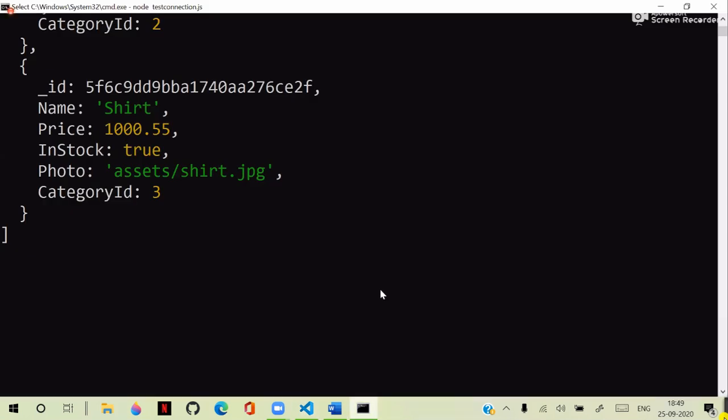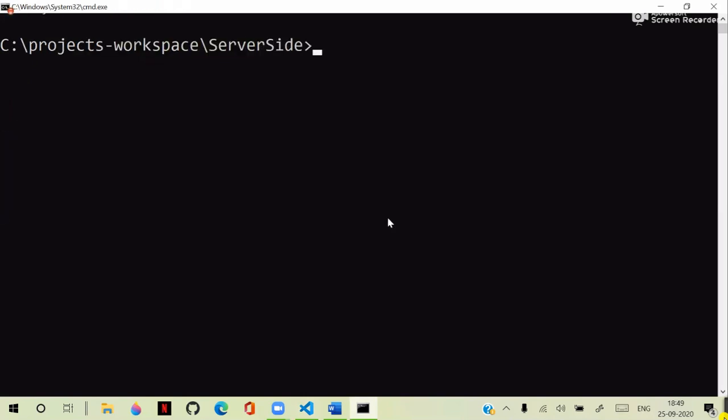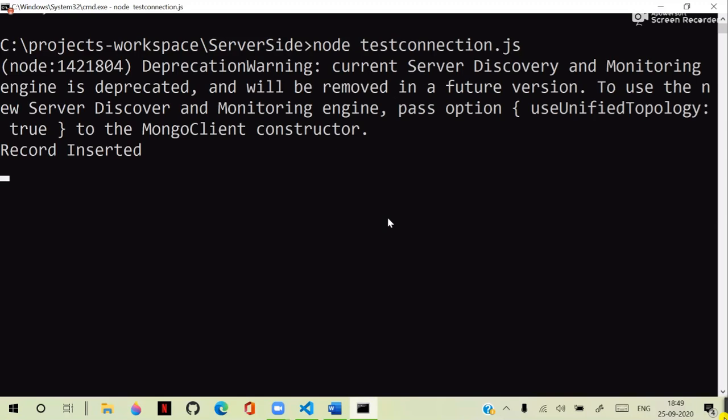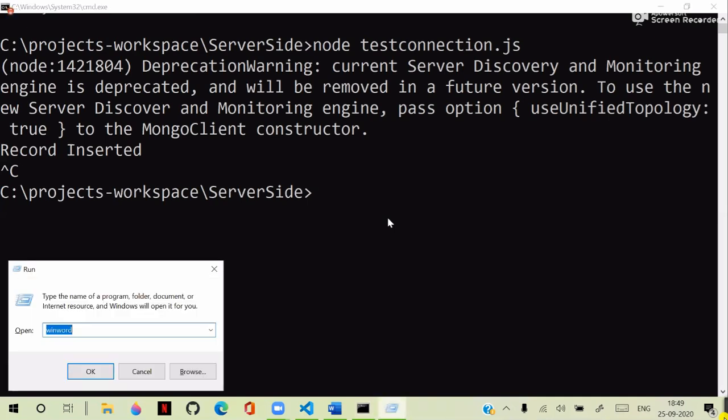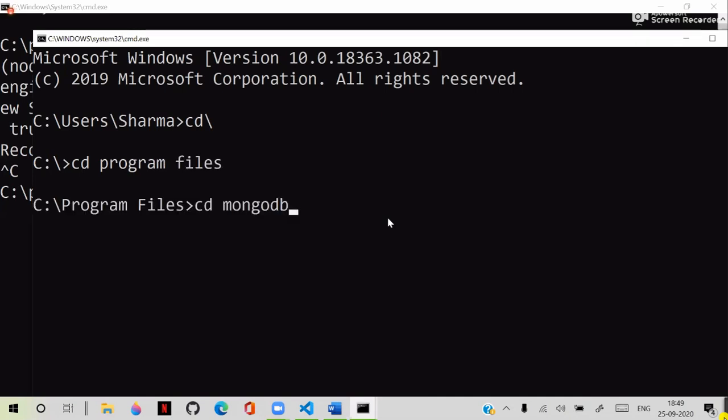Initially, let's run this and see now. That means test connection.js, and it should say record inserted. If the record is inserted, then we will check in the database. Actually, I removed that program, so with cd we can directly check there. So cd program files, cd MongoDB, cd server, cd